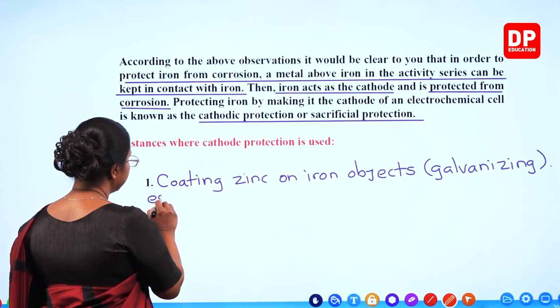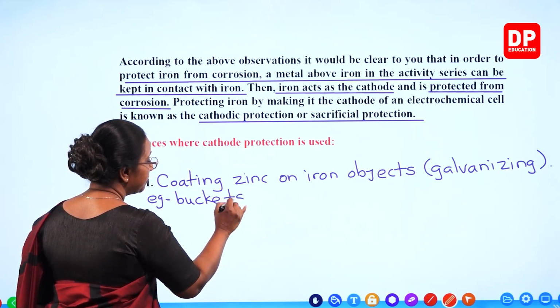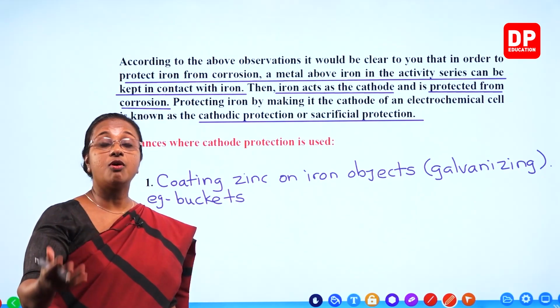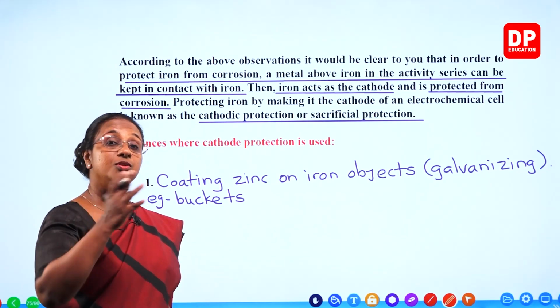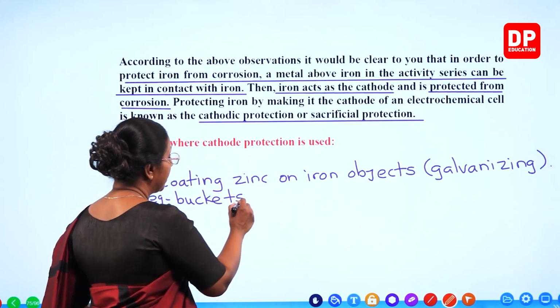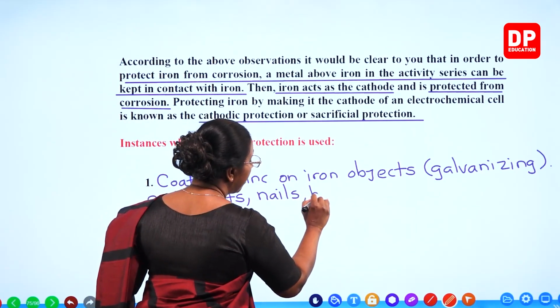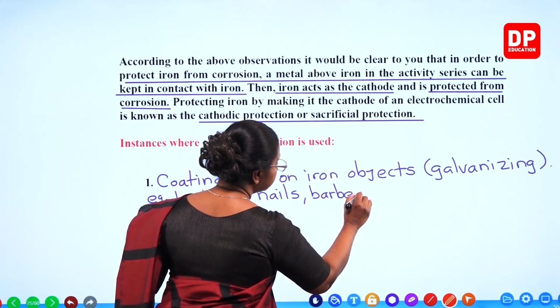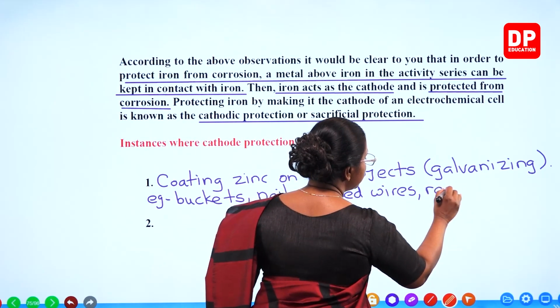Examples, we can consider the buckets, iron buckets that are galvanized. Buckets used to carry water, draw water from the well. Even the iron nails we have talked about, those are coated with zinc. Buckets, nails, then barbed wires, roofing sheets,